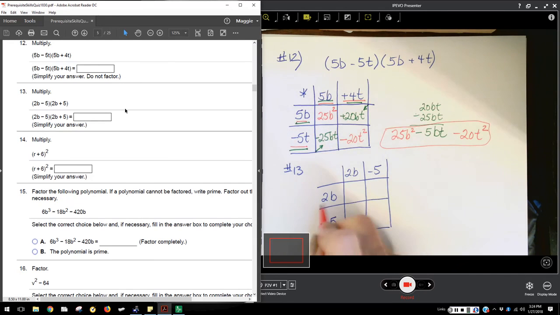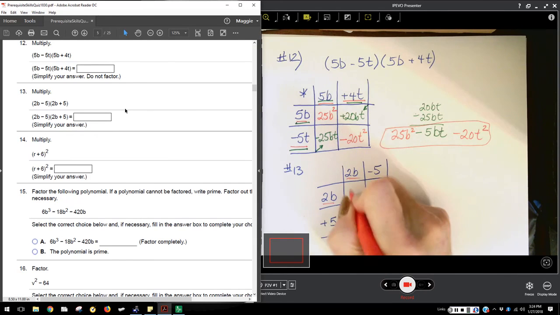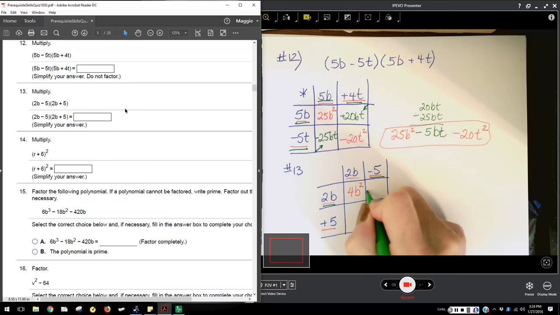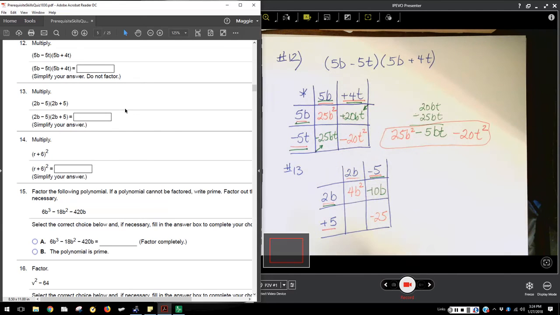So again 2b times 2b, 4b squared, negative 5 and positive 5 makes negative 25, 2b times negative 5, negative 10b, 5 times 2b, positive 10b,